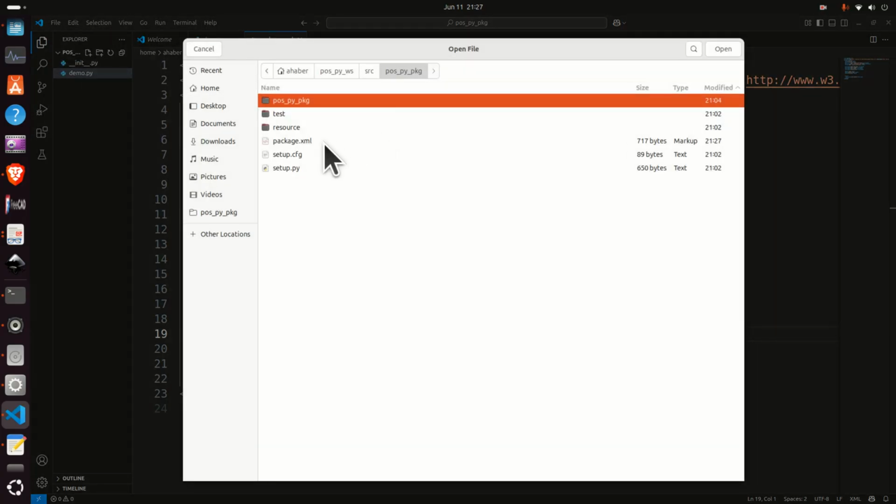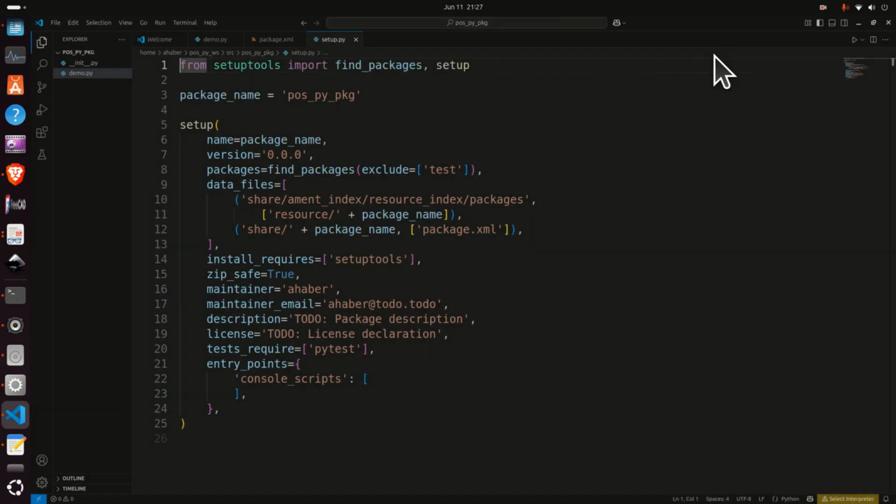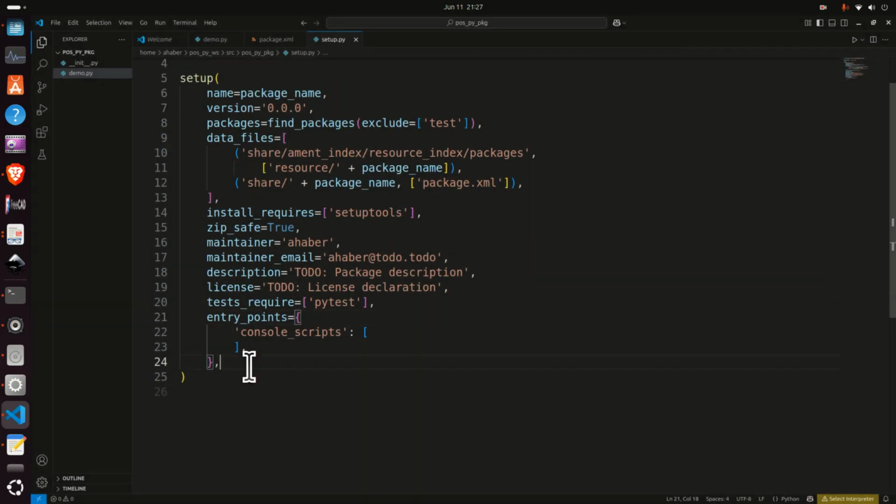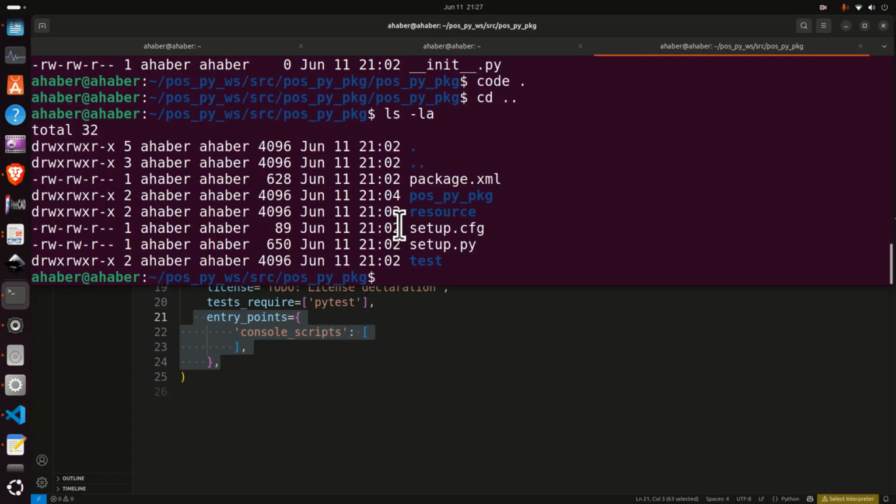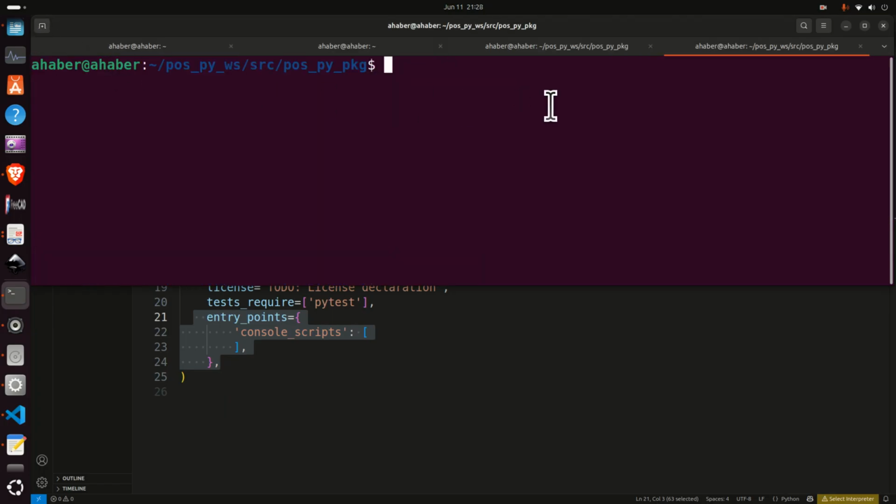Click on File, then open it. And over here we need to set the entry points. What are the entry points? Namely, we are going to run the code like this. We are going to open a window, source the environment, and then we are going to type ros2 run, then the name of the package, which in our case will be like this,